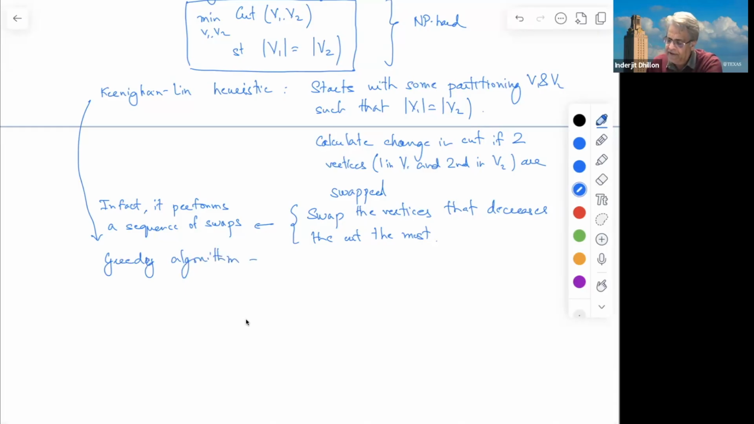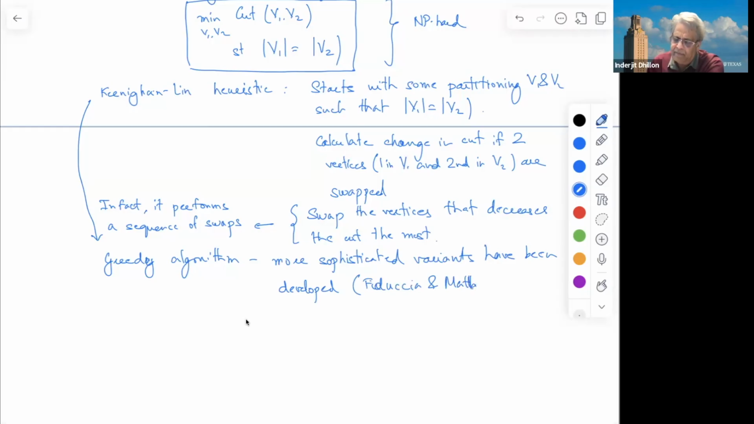And even after this, more sophisticated variants were developed, but based on local search or greedy methods. In particular, there was a method by two gentlemen by the name of Fiduccia and Mattheyses. And these were popular for circuit partitioning because this was the main application